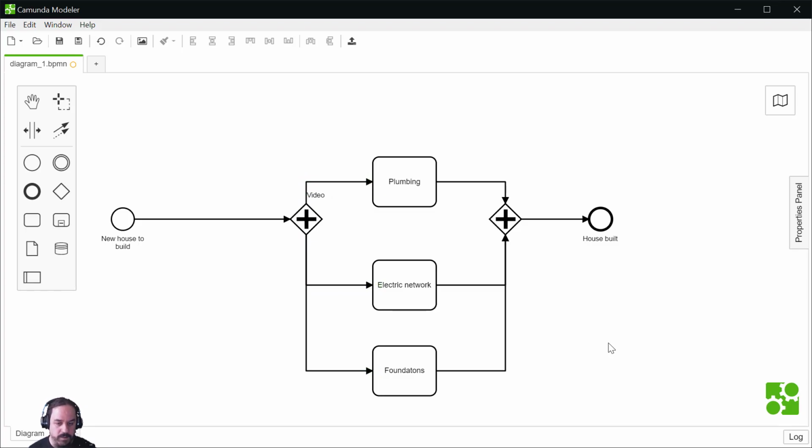Something is done, and 3 tokens are produced, one at the end of each sub-process, and these tokens arrive at the merging gateway. This gateway is aware of how many inputs it has, so it is expecting 3 tokens, one from each input.